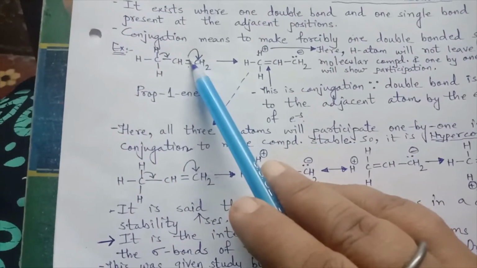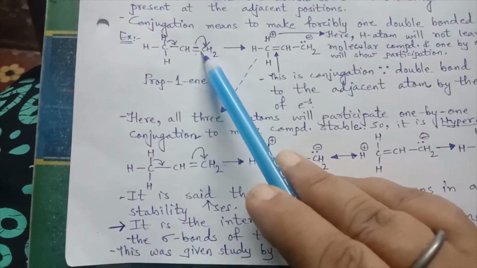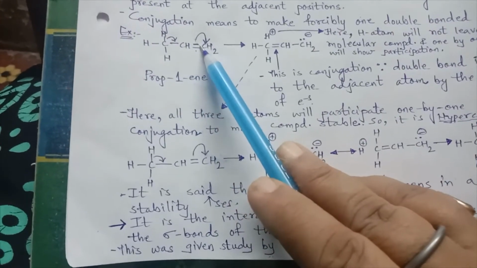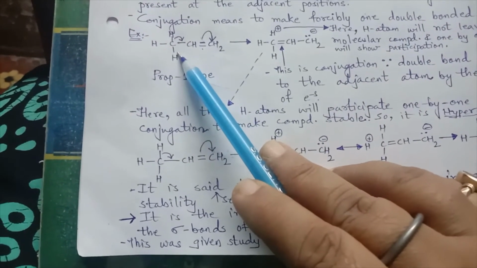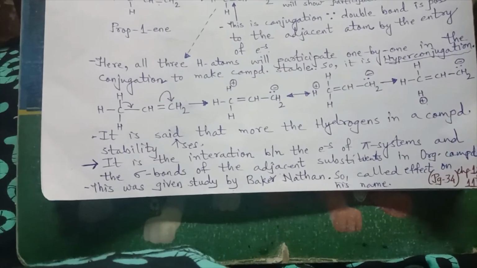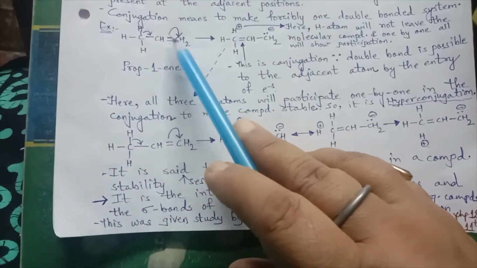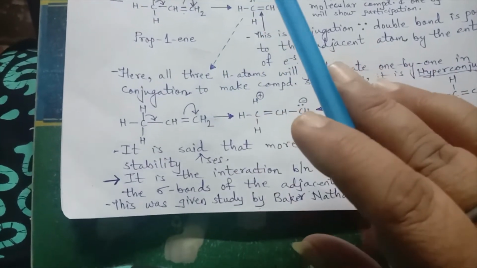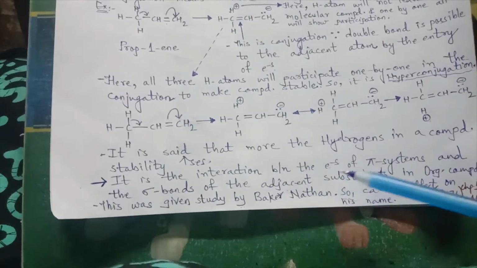Now from this discussion of the example, we can also explain conjugation as the interaction between the electrons of the pi system and sigma bonds. Interaction between the electrons. This is pi because of the double bond and this is sigma because of the single bond. So the interaction between the electrons of the pi system and the sigma system of the adjacent substituent in an organic compound,